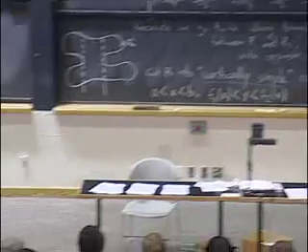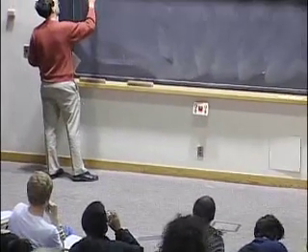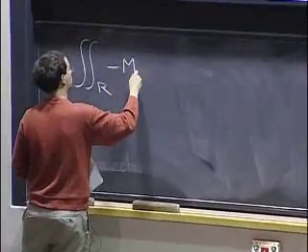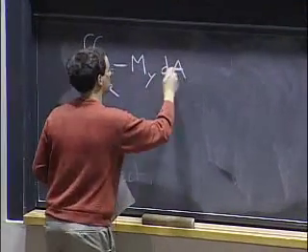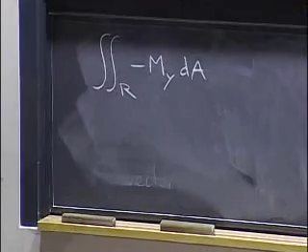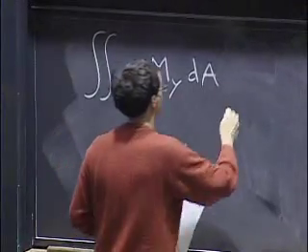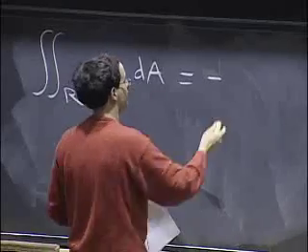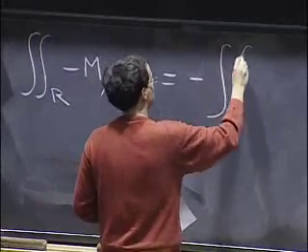So let's look at the other guy. Double integral over R of negative ∂M/∂y dA. Well, first I'll take the minus sign out. It will make my life a little bit easier. And second,